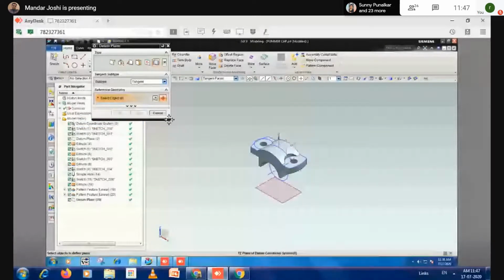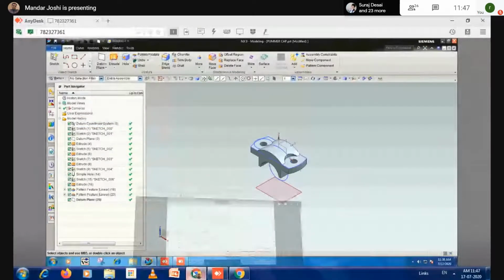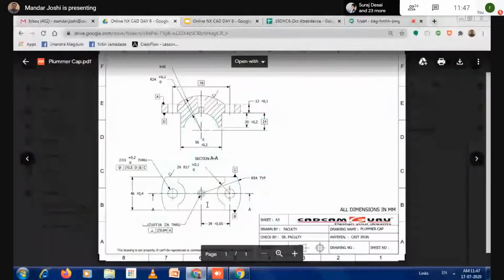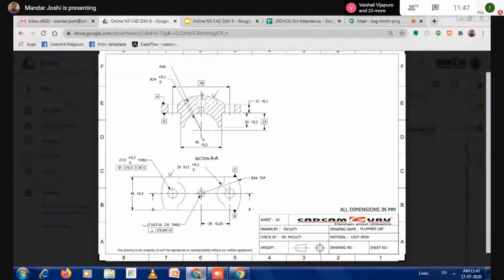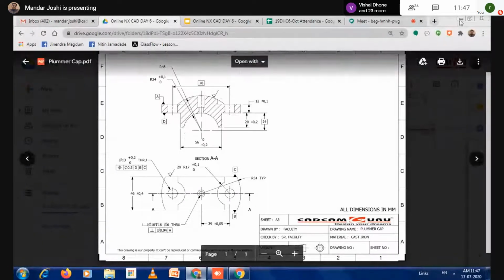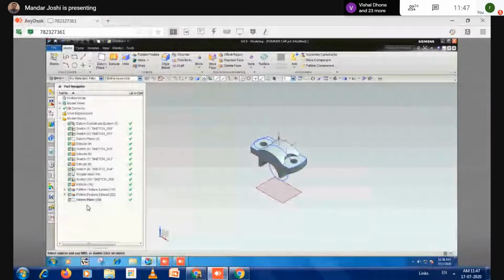Anyhow, there is an alternative also. What is the distance between this center to this one? Is there any distance? I use the offset plane methodology to achieve that.